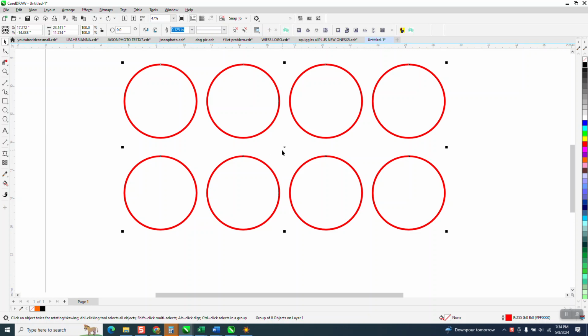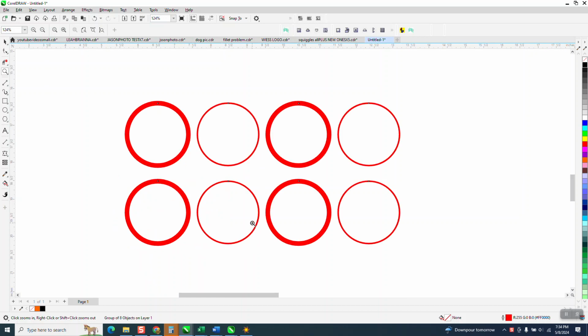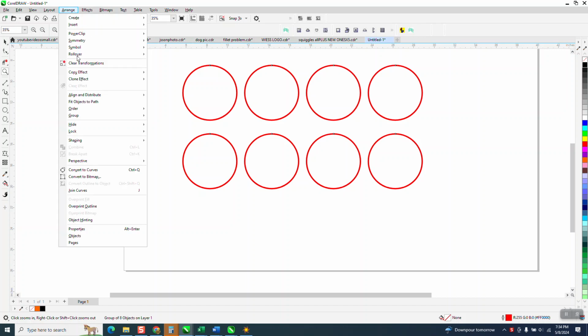Somebody brought this up on Facebook, so I thought I'd make a video. This is a group of 8 objects. All ellipses look the same, but if we reduce them in size, some of them become thicker lines. That's because even though they're a group,